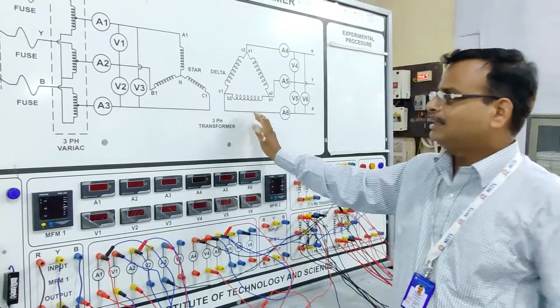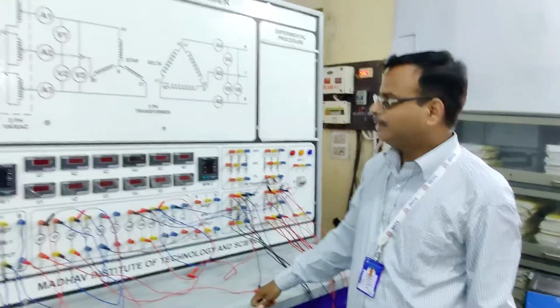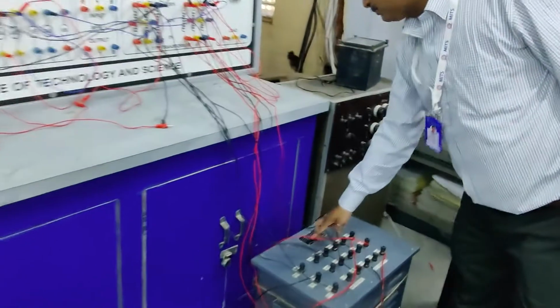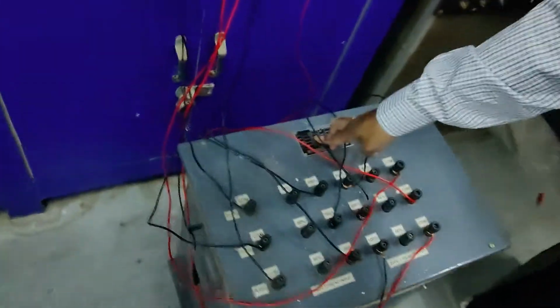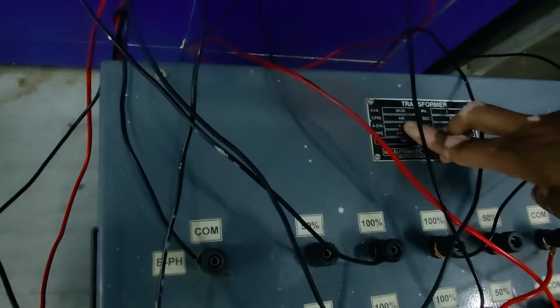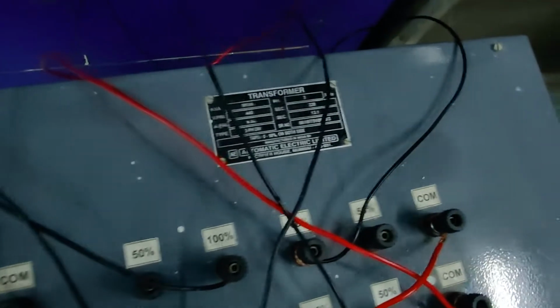Second thing, this open circuit test is performed at rated voltage. The rated voltage of this transformer, by the ampere rating of the transformer, is 440 volt primary voltage. So this 440 volt value will flow in the primary winding.